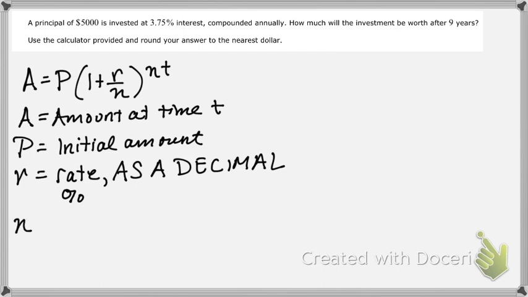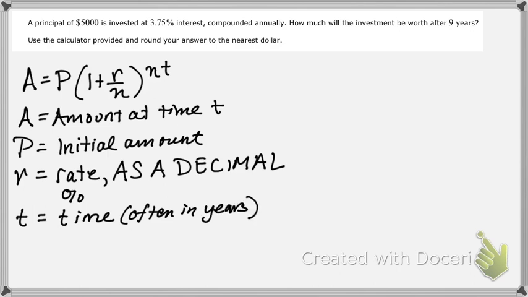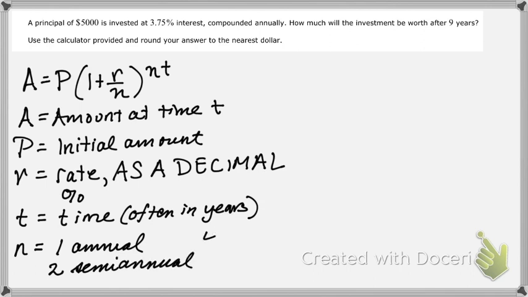N, let's actually do T first. T is time, often in years, but that could vary. And then finally we have N, which is 1 if it's annual, 2 for semi-annual, 4 for quarterly, 12